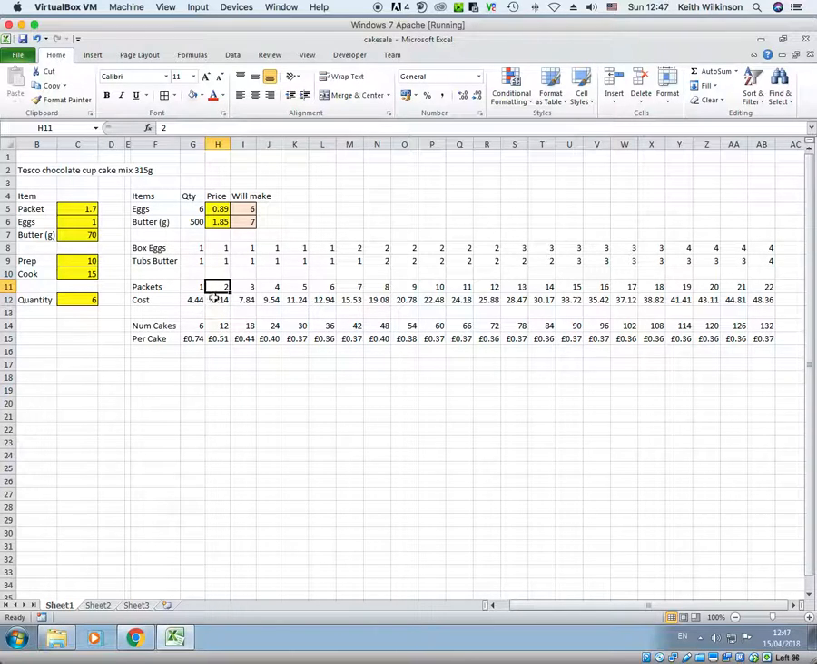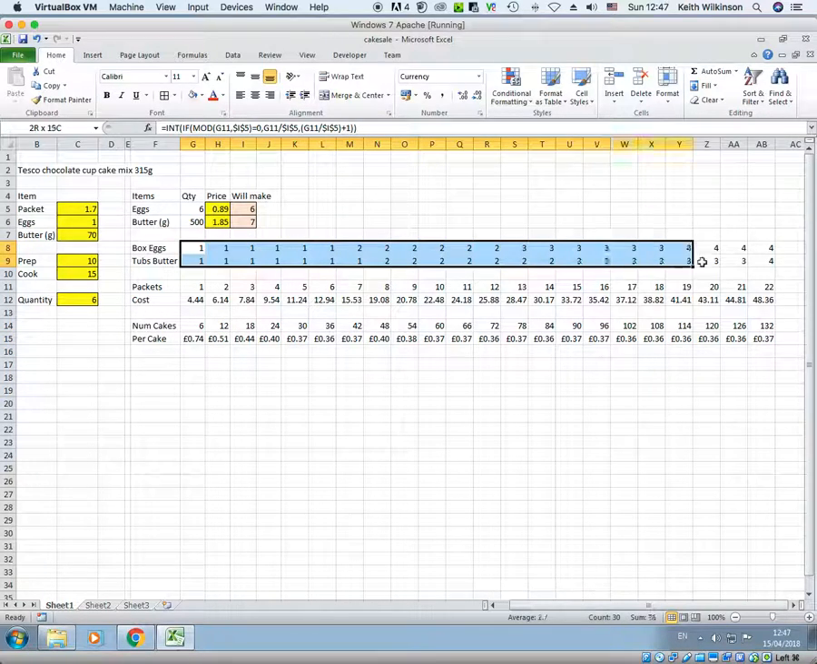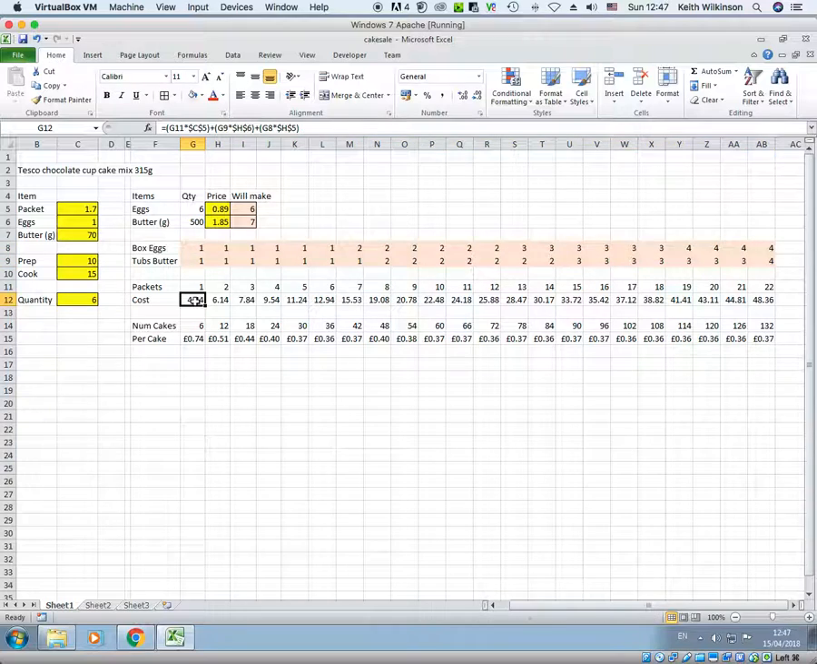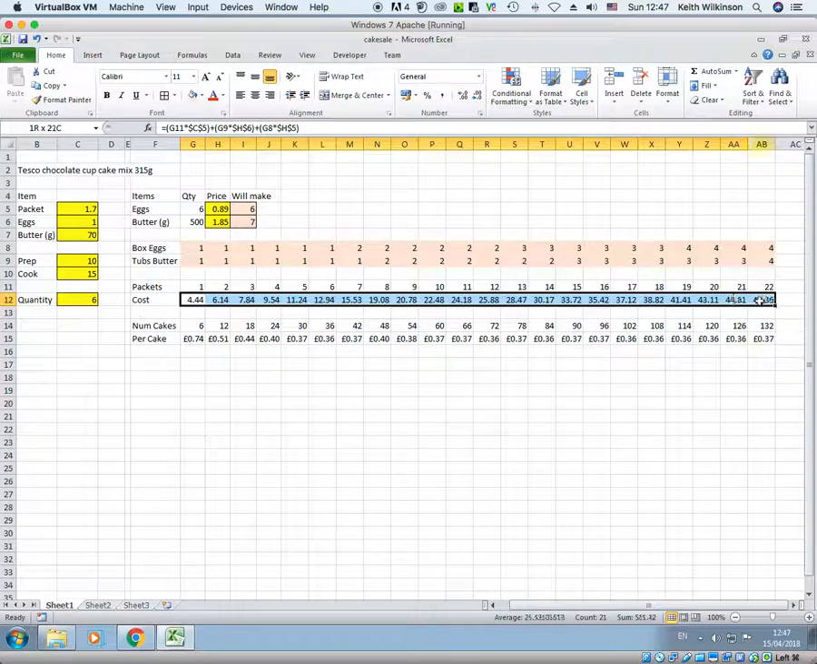Packets is not a formula, okay, because we can just see a number up there. Cost is a formula. Number of cakes is a formula. And per cake is a formula. So everywhere where there's formulas, I am going to colour red. So if I highlight these two and then choose that pink, remember packets wasn't a formula, however it was automatically worked out, so basically I could colour it pink,